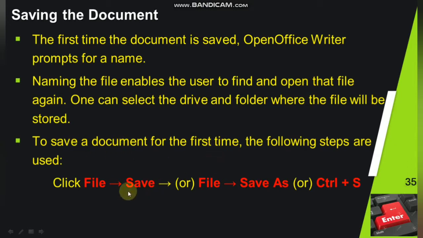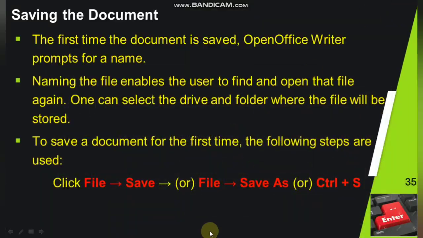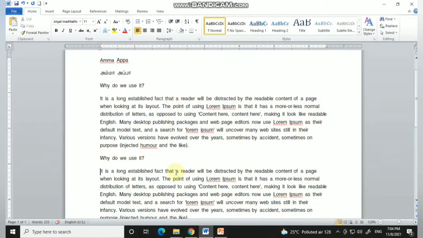Okay, so how to save: you have different methods. One is using the file menu. Go inside file menu and press save, or go inside file menu and press save as, or you press control plus S. For example, this is my document.